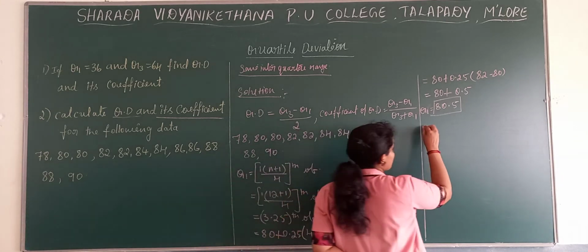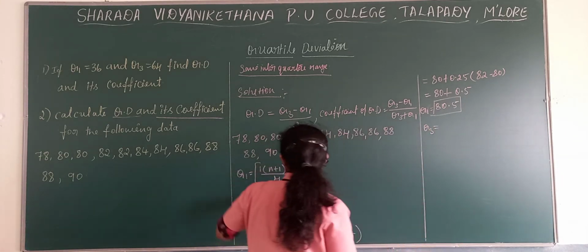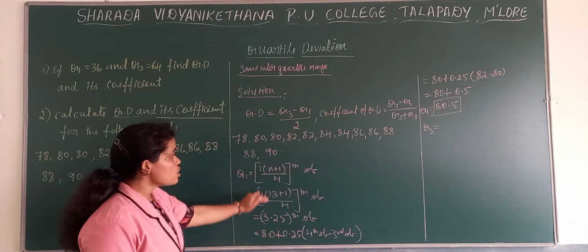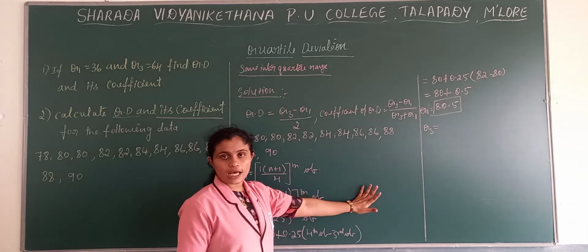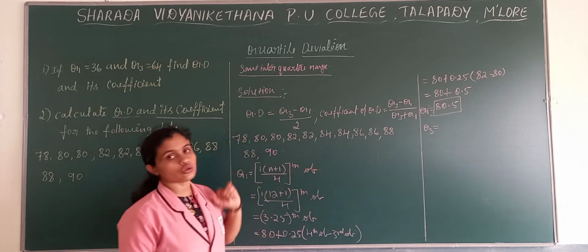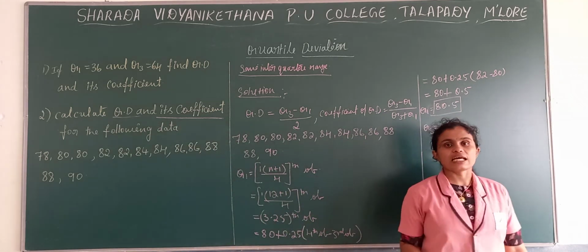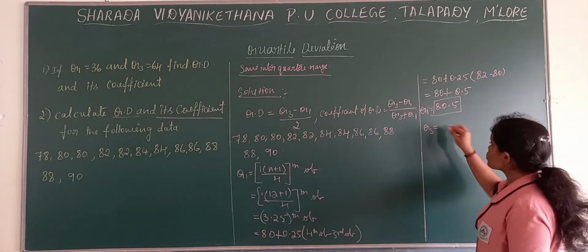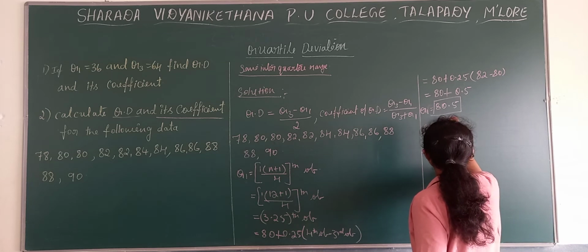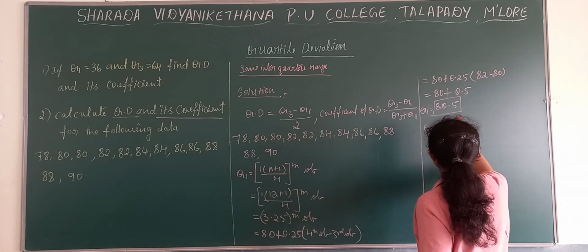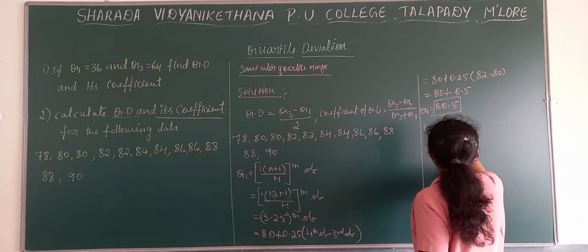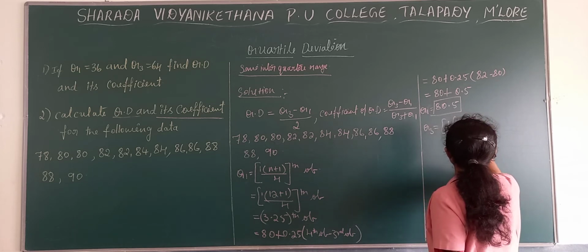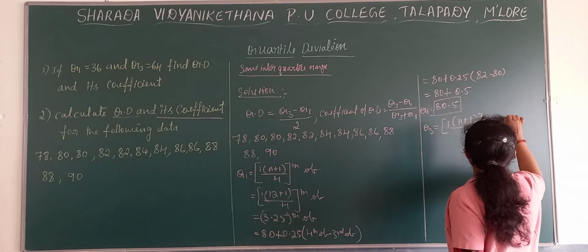Next we need to get the value of Q3. What is required here? Q3 minus Q1. So we require the Q3 and Q1 values. So now we are applying the quartiles formula, how to find Q1 and Q3 for ungrouped data. What we studied in the last topic, partition values, is repeating here. So the Q3 formula goes like i into n plus 1 divided by 4 observation.